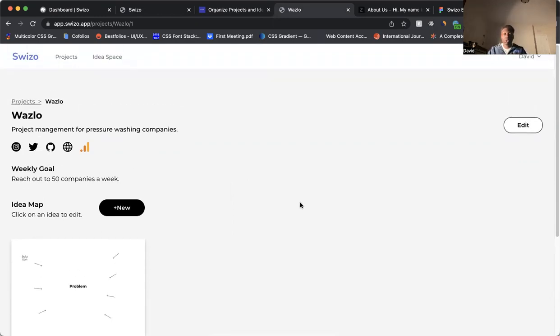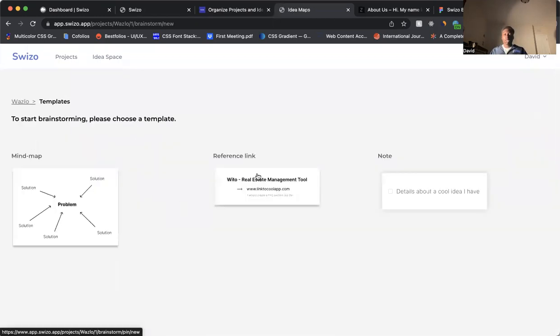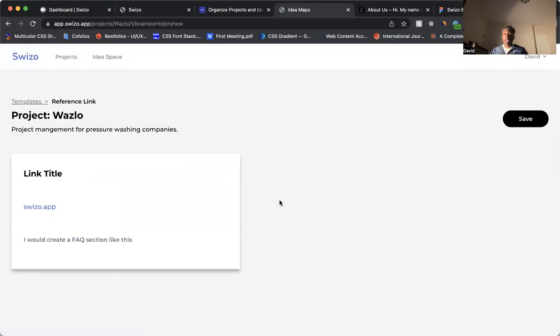And so one thing that I like to do is if you come in here, this is the reference link. So anytime you see a good reference, for instance, Asana has very good design. If you see their app, the design is very good and the UX is also very good. So what I could do is I could come in here and put the title of, let's say, Asana, put the link here, and then say something I like about their project. So when I come back, I know what it is that I like,